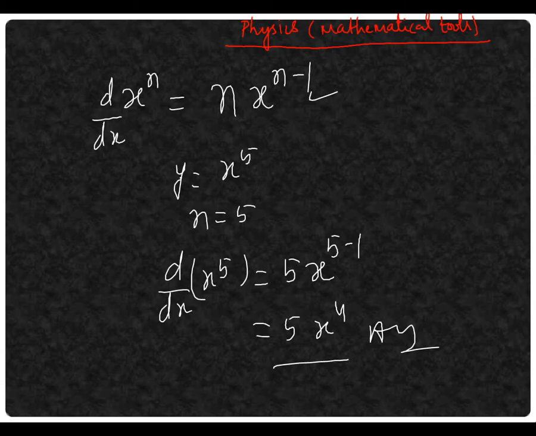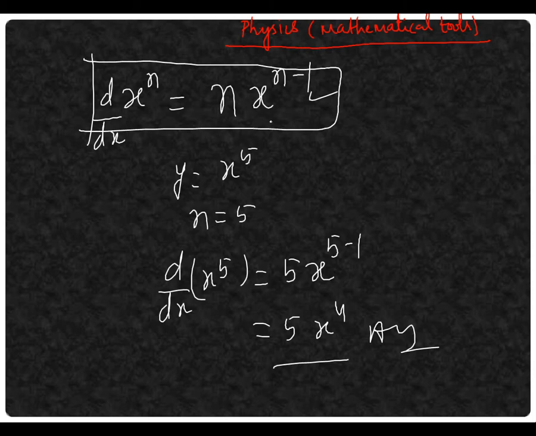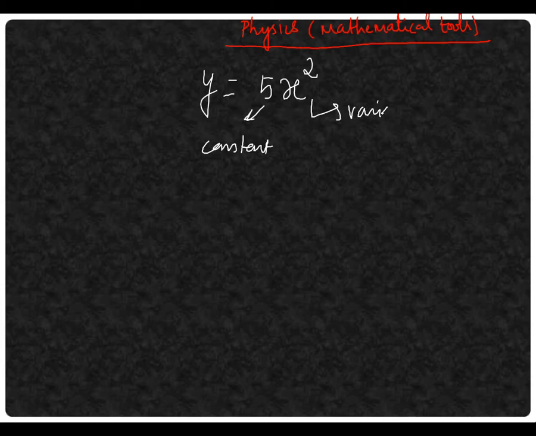Okay, with the help of that formula, we can easily find the differentiation of a single term polynomial. Now if we want to find the differentiation of the polynomial 5x to the power 2, in this polynomial there is also a coefficient 5. But that 5 is a constant and that is the variable. So this term of the polynomial contains a constant and a variable, the coefficient and the power.